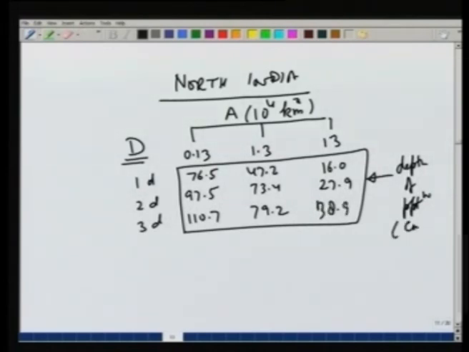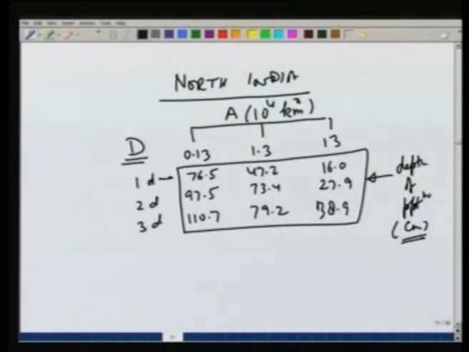These are in centimeters, and this is based on severe storms occurring in that area. You can see that if a storm occurs for 1 day over a small area of 0.13 × 10^4 square kilometers, we can expect a rainfall of depth 76.5 centimeters. As we increase the area, the depth becomes smaller,